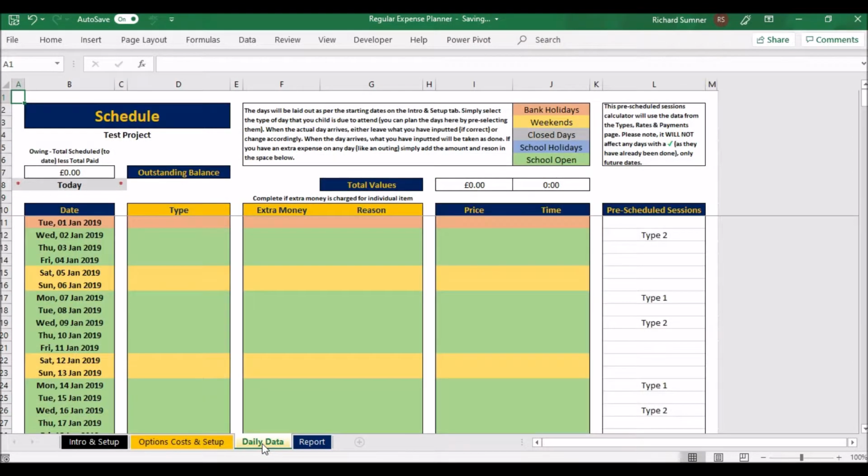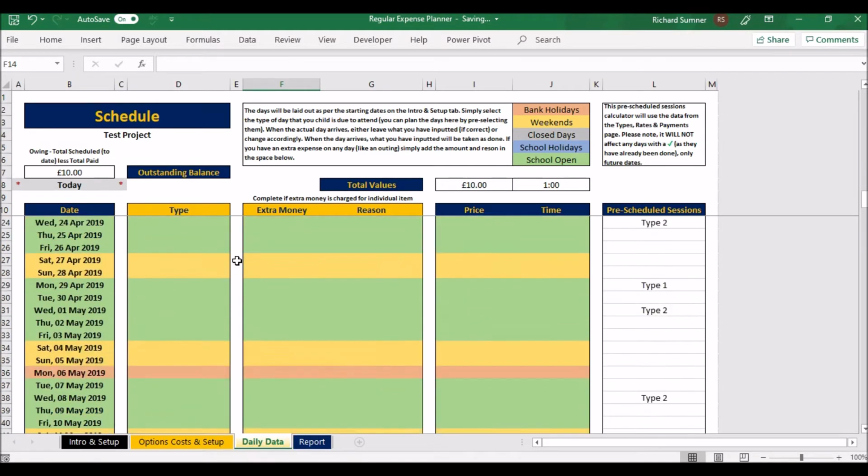Then all you need to do is come to your daily data. Now, as I said, you've got these events here. There is a little bit of a tricky thing with this pre-scheduler. If you've already selected, for example, on a Wednesday that you're doing a type 1 and now you've changed it, because this Wednesday, the 2nd of Jan, has already been done, you see it says a tick there. It's already been done, because as I'm shooting this video now, it is the 30th of September. So anything down to the 30th of September,